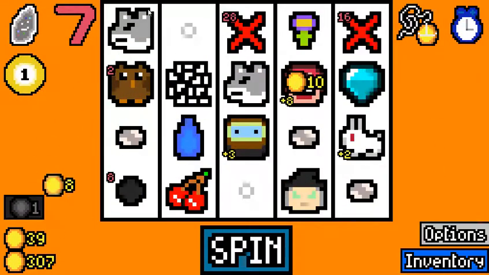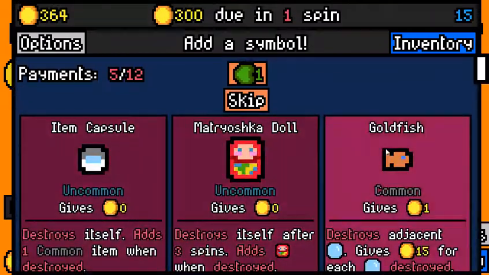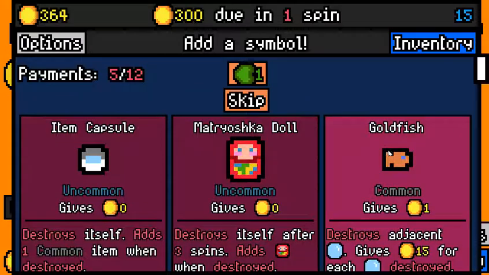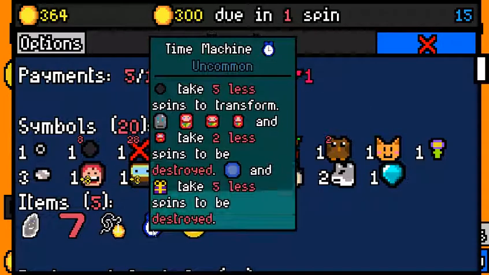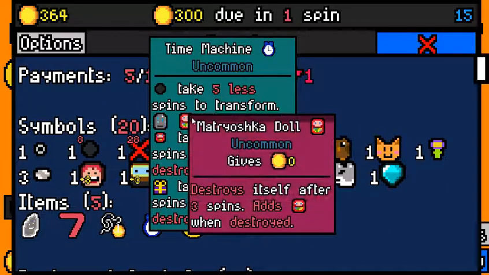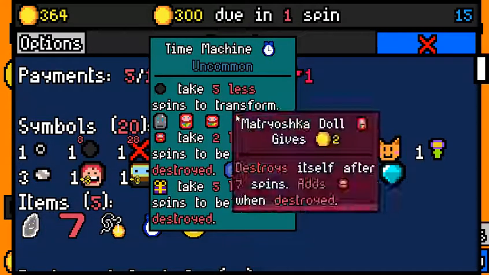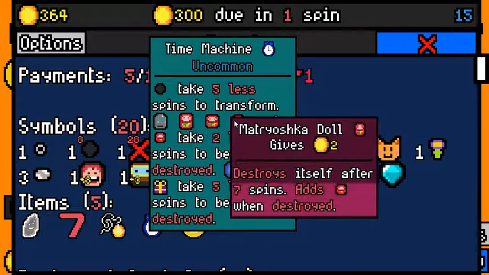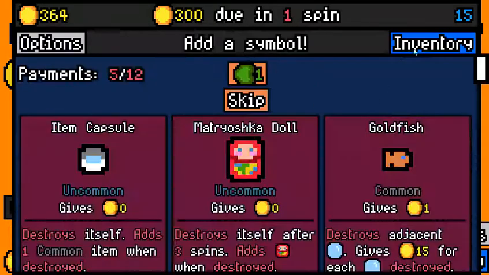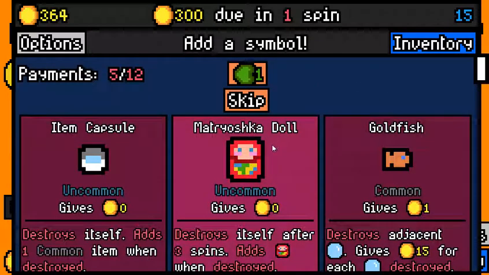And the seed gave us a void fruit, which gave us a little bit of free money. We can get a goldfish for the diver or just a Matryoshka doll. Now that we have the time machine, every Matryoshka takes 2 spins less. So the first one is in 1 spin, this one is in 3 spins, and this one is in 5 spins. Yeah, I think Matryoshka doll with time machine is just good enough that I want it over the